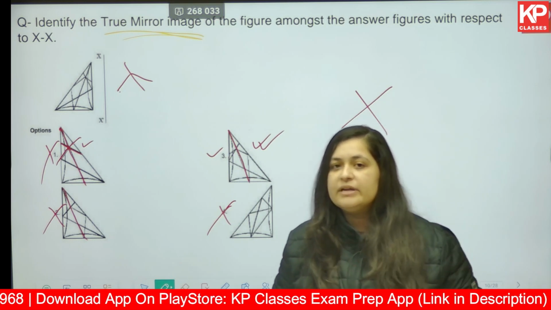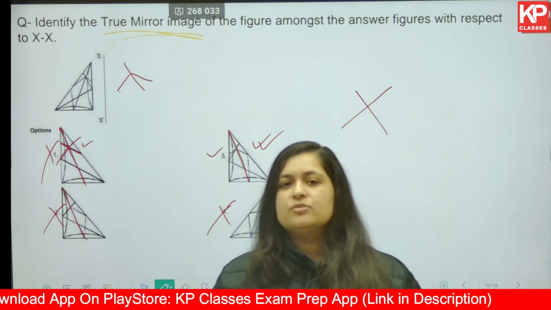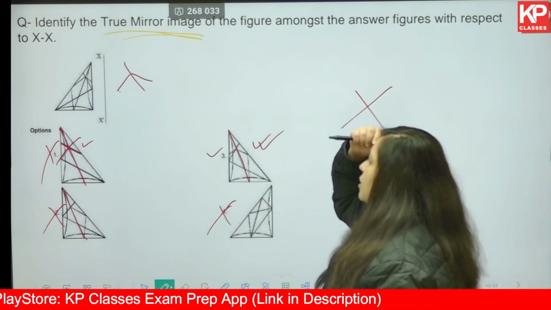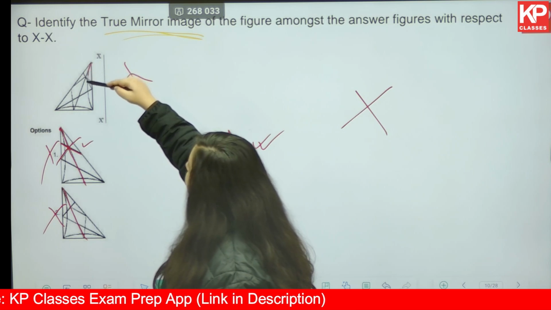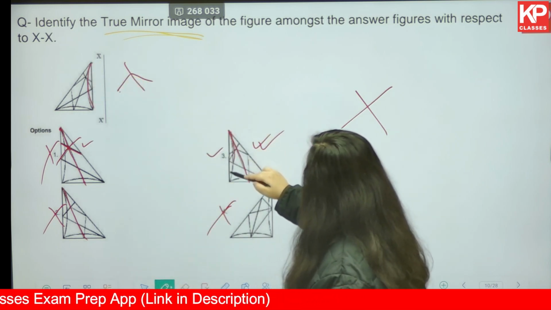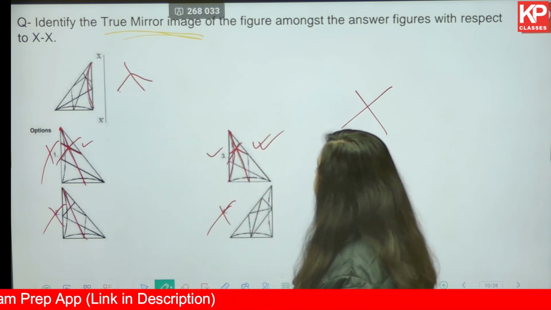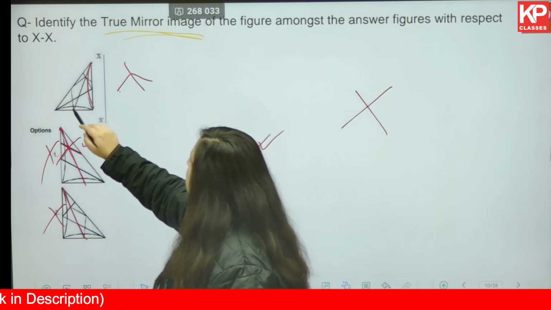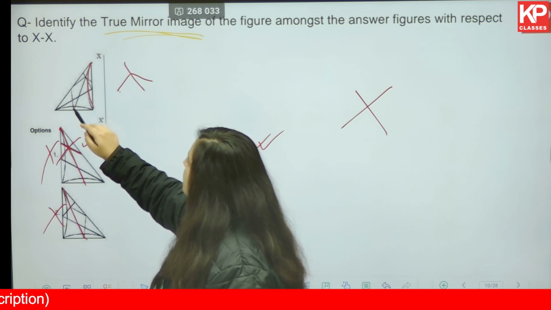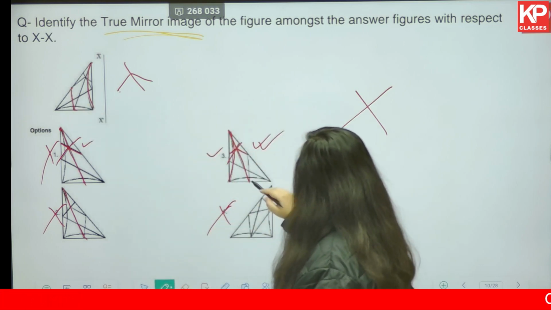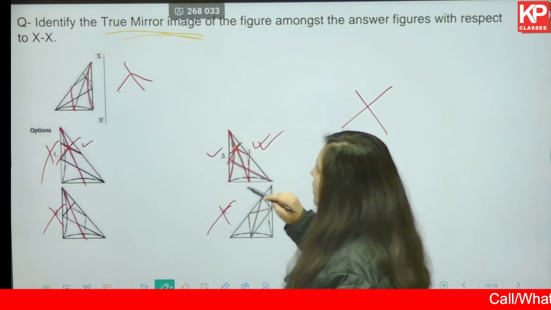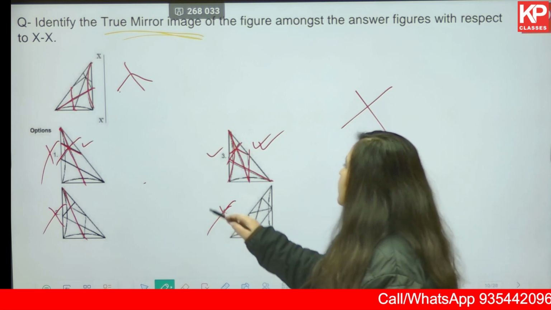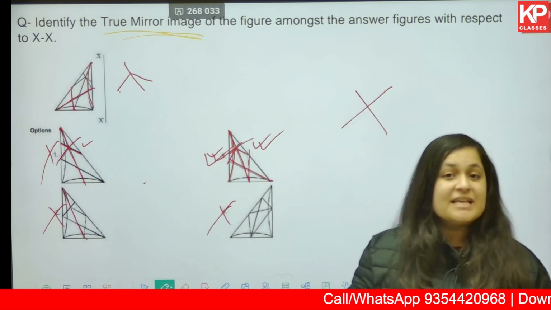Now, what did we discuss? You don't have to stop as soon as you get one correct answer. You have to check with the other elements also to be double sure. So let's check. You have one curved line over here, and one curved line here, correct. You've already looked into the 4 lines, and then you have another line touching the middle part of this line and the middle part of this line. Correct, and then you have another line like this. So all the elements are exactly the same in option number 3, so we can safely say that is the correct